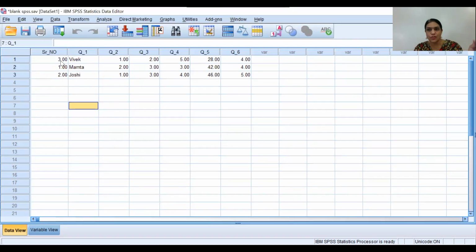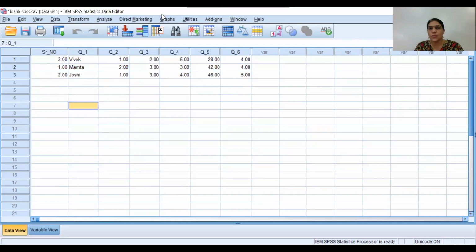In the hard copy, if you want to tally, then you can tally. So if there's someone, say for an example, Joshi sir has not given the response to some of the questions. Now, if you want to open his questionnaire, then you will know that it is questionnaire number 2. You can open questionnaire number 2 and then call that person and convert the non-response into response. Clear?